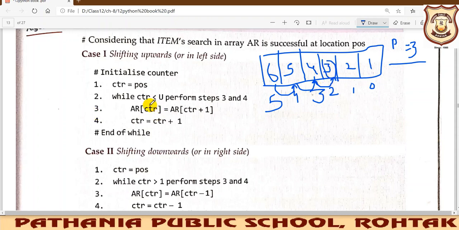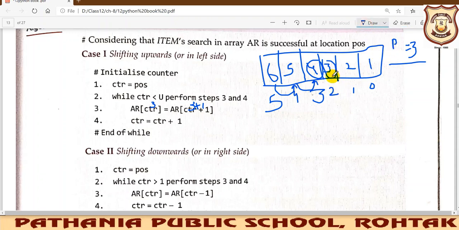So what we are doing is inserting A4 into A3, since 3 plus 1 is 4. Actually we will not be doing this particular shifting, it is not required. We will shift only these elements.